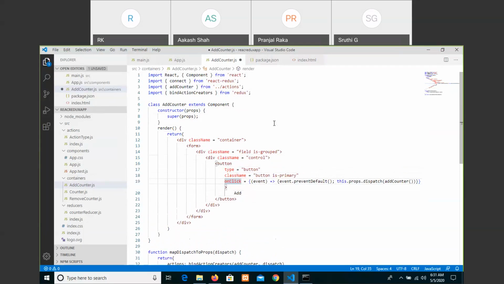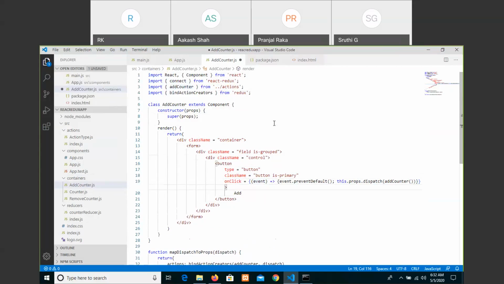On click. When you click, by default it should not run. So by default it should not execute or render. That's why we have given event dot prevent default, and when the user clicks on it, we are dispatching to the add counter. So where is that add counter?